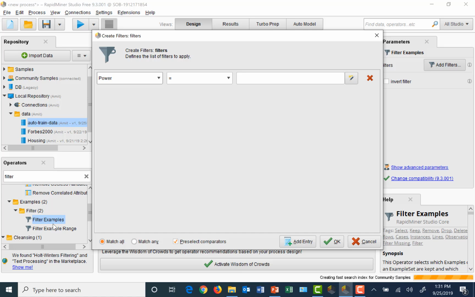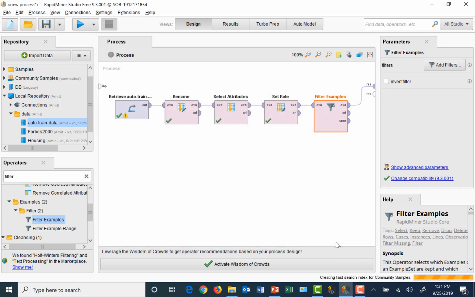You have more than one. So remember, we had 2 missing values for fuel efficiency, right? So let me pick fuel efficiency. And then the filtering condition I tell RapidMiner is filter it such that it is not missing. So only pick up the rows in which fuel efficiency is not missing. Okay, so I apply this. Okay, and now if I run the process,